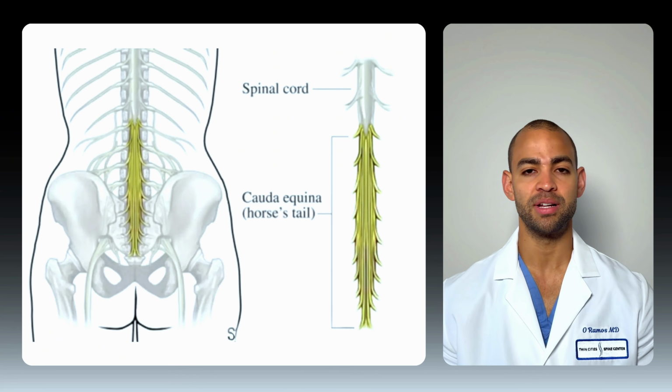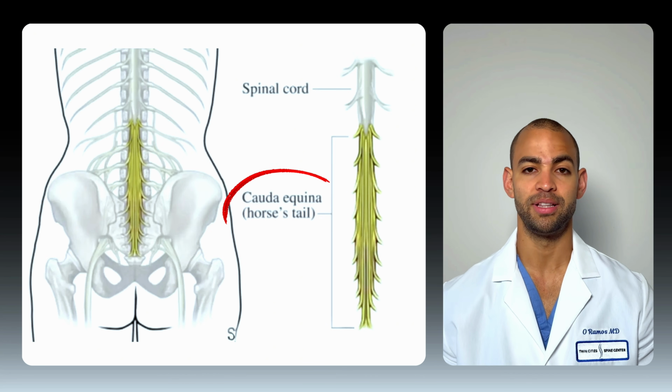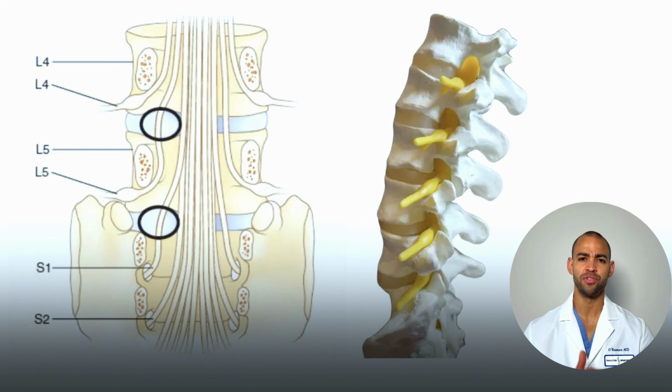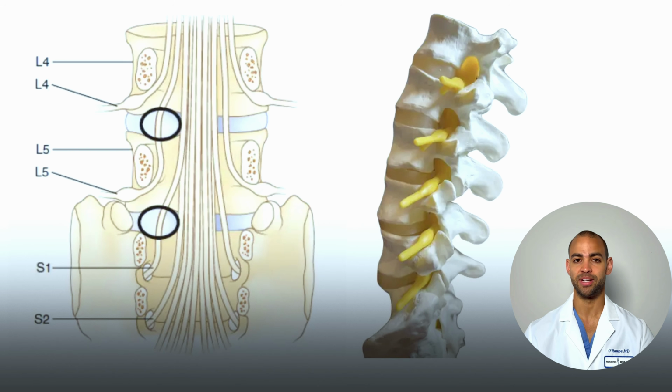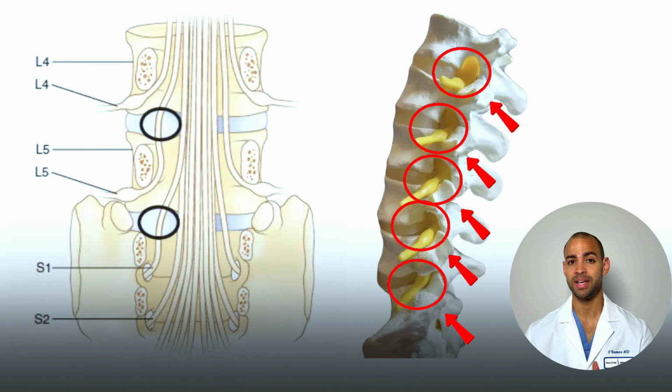Below that, your spinal canal contains a bundle of nerve roots called the cauda equina. Those nerve roots travel down through the canal and exit at specific levels on both sides of the spine. Each nerve root exits through an opening called a foramen, one on the left, one on the right, at every